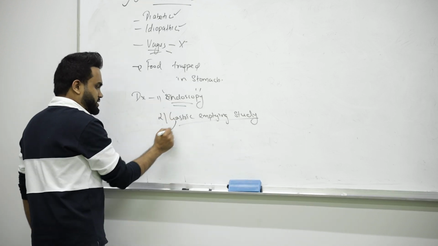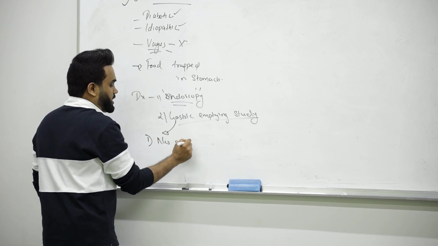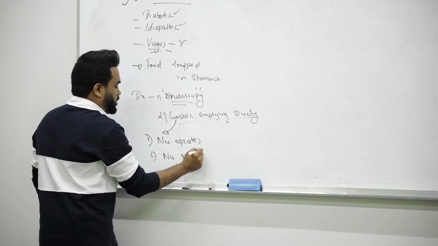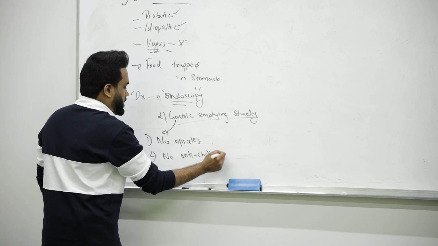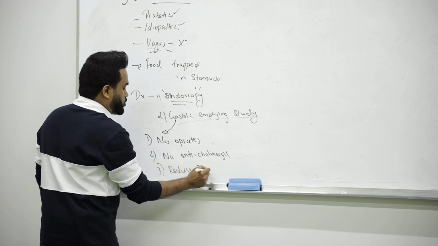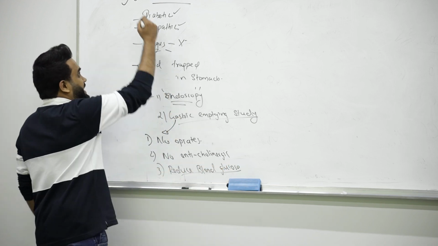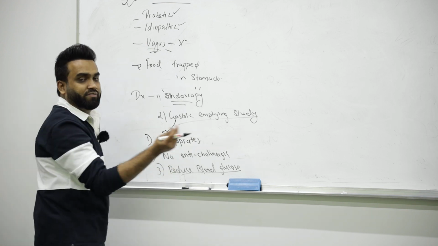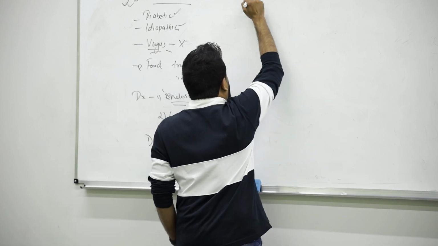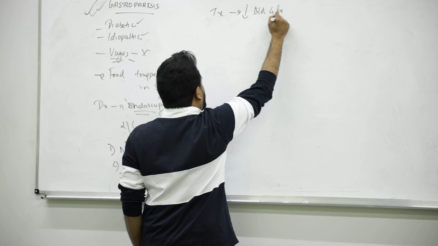So before doing this test, make sure you don't give the patient opiates, because that will decrease what? Stomach movement. No anticholinergics, and reduce blood glucose. Because all of this can cause what? Gastroparesis, I mean gastric paralysis. Morphine will cause intestinal obstruction, right? So the best treatment for a diabetic patient is to reduce blood glucose, and automatically you will be okay.